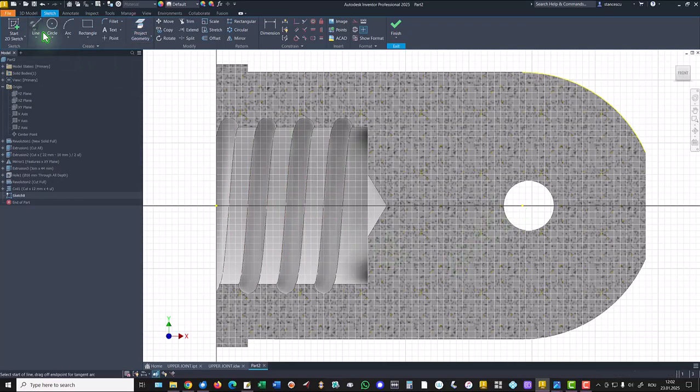We draw a line from that point with the length placed on this 42.5, but firstly I apply the angle of 60, because 60 is 120 divided by 2,